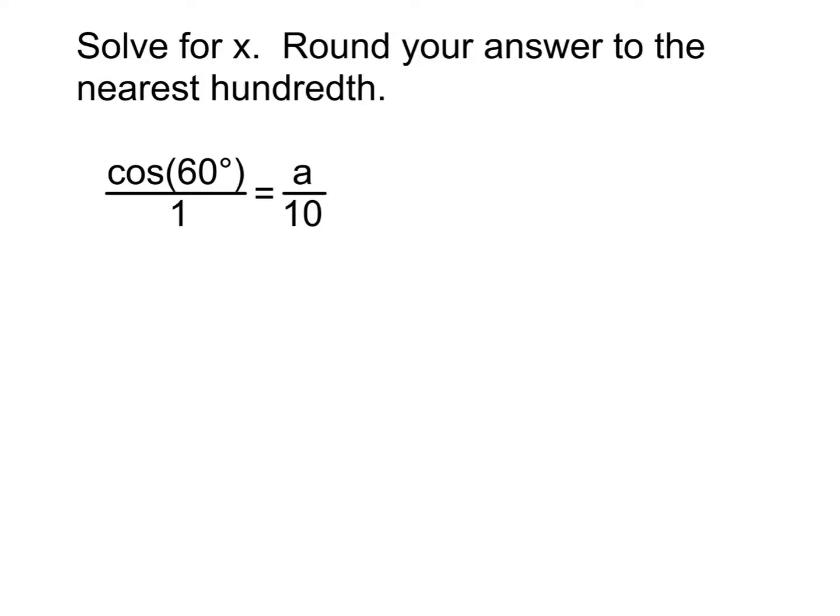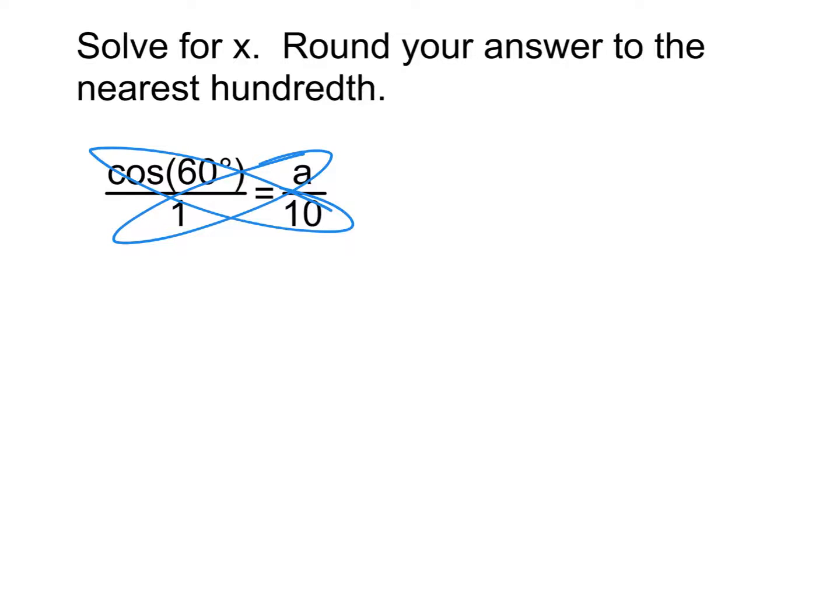All right, so this first problem that we're doing here today, it's a proportion that involves cosine. So the first thing we're going to be doing here is, well, what? What do we do when we're going to solve a proportion like this? We cross multiply. So in order to actually solve this, we have to start by cross multiplying, which means we're going to do